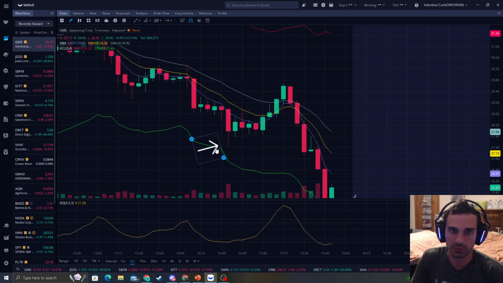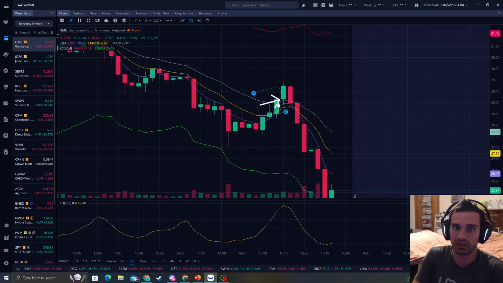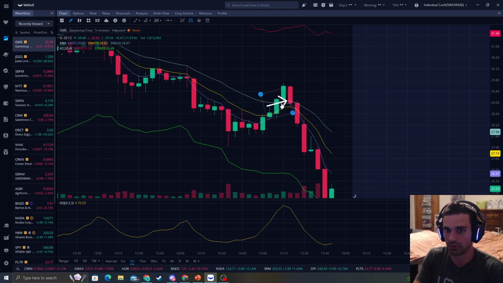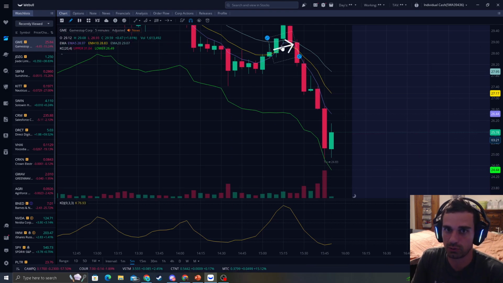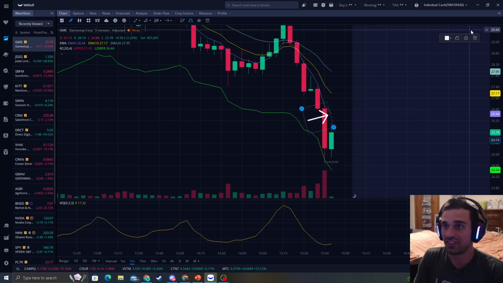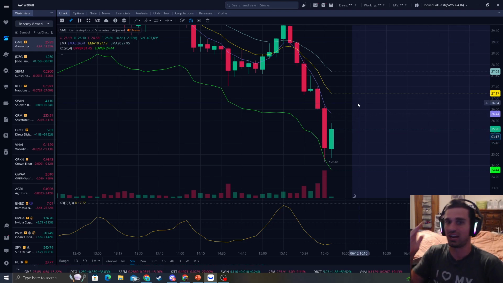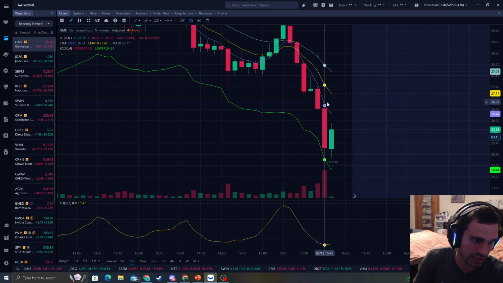As you can see, we get close to the lower band, we hit the EMA 20. Yes, you can make some nice gains, but right after this, it either decides it's going to make a big move up or a big move down, and that's what we did right in here. So this is how I would say you get precise entries. I love looking at the end of the day type of